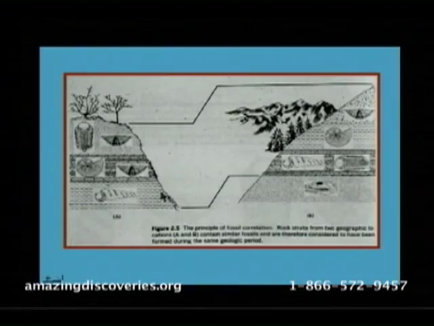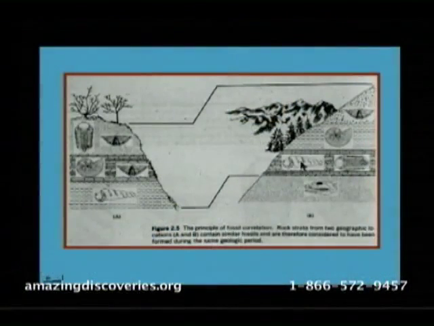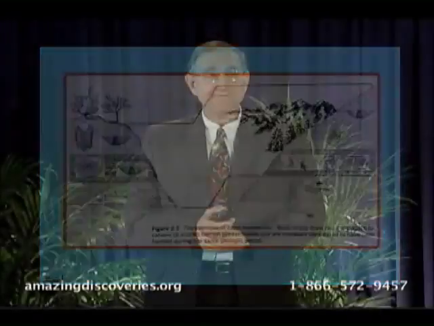So how is the age of the layer determined? By the fossil that is in the layer. So this layer gets its age from the fossil, and this fossil gets its age from what? From the layer. That's circular reasoning. So it's as old as the layer because the fossil is as old as the layer, and the layer is as old as the fossil because the fossil is as old as the layer. Get it? But there's no age, so whatever age you want to put at it, well, that's fine, whatever you want.